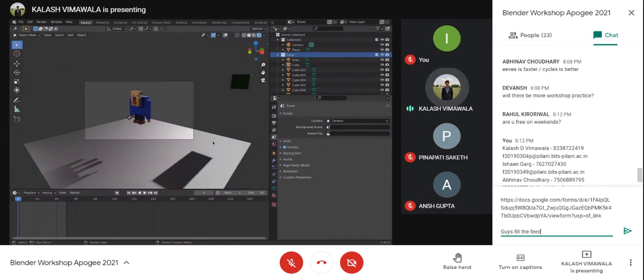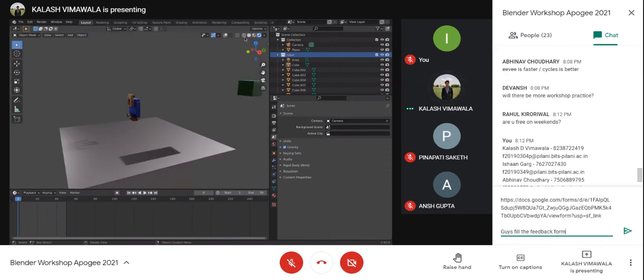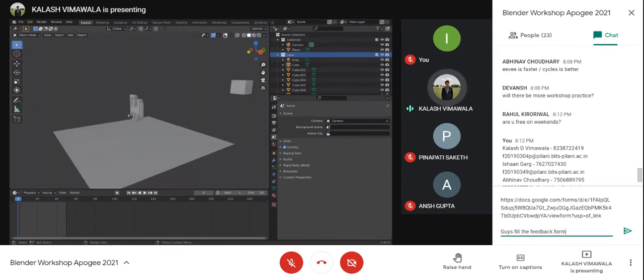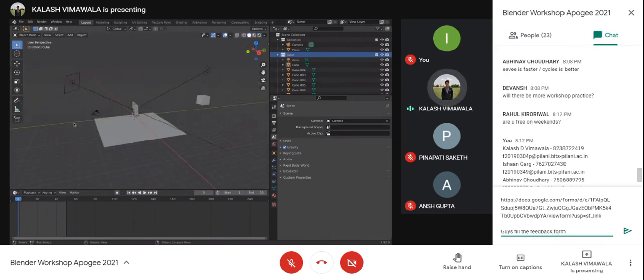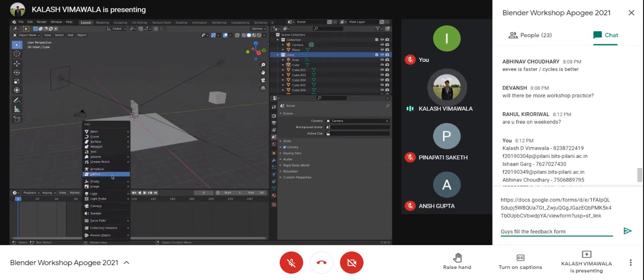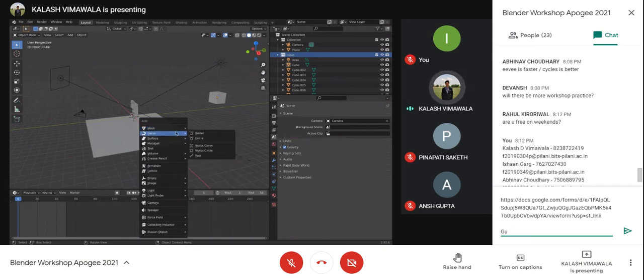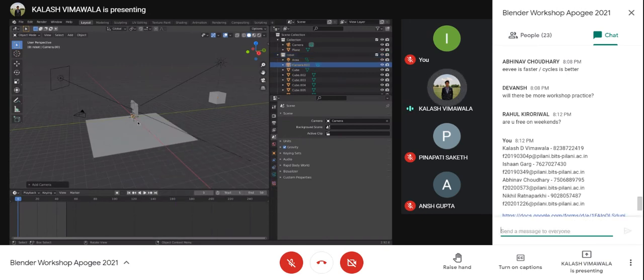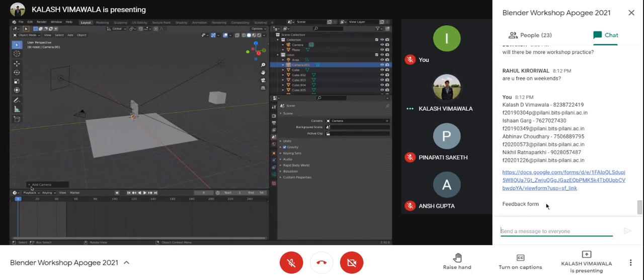So you can have multiple cameras in a scene, right? So say this was the case earlier on. I turn on the overlay so that I can see the lights and cameras and everything. Say I add a new camera over here. Click on Shift A, and you can see camera over here. I added a new camera, and this new camera I'll just move around along the Z-axis.